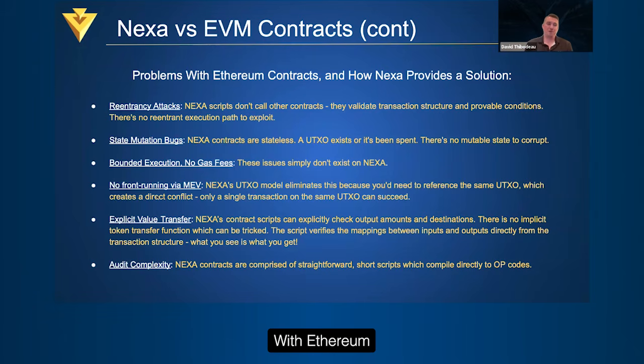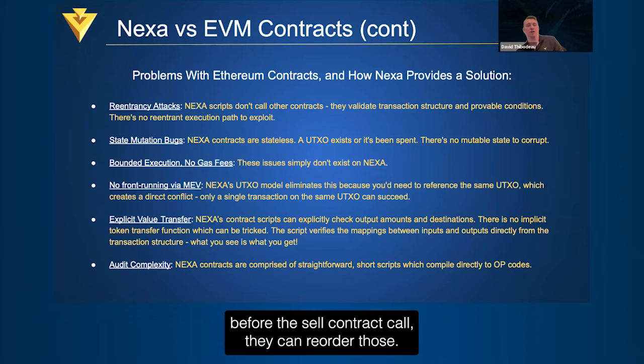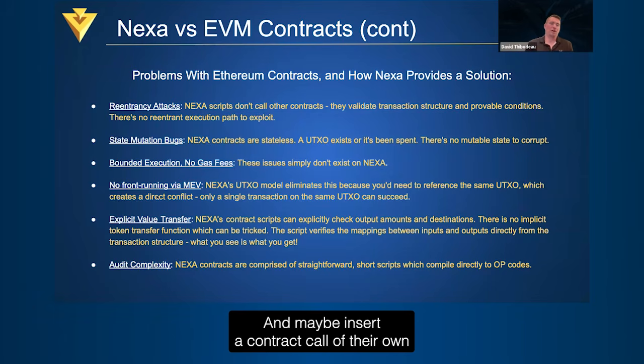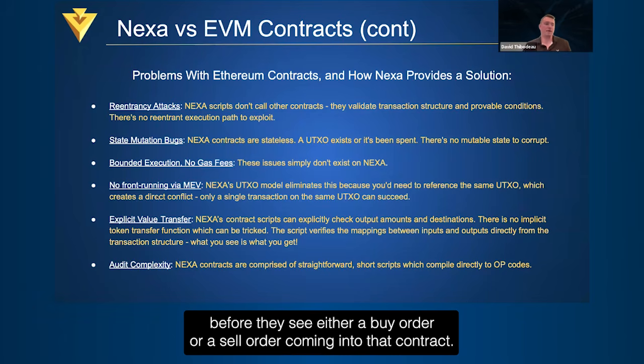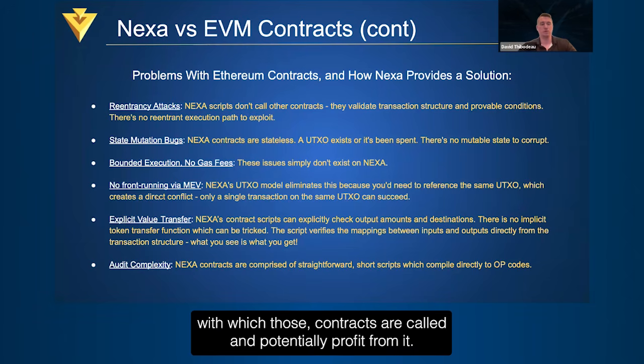With Ethereum, miners can essentially control the order with which those contract calls happen. And so if they wanted the buy to occur before the sell contract call, they can reorder those. And maybe insert a contract call of their own before they see either a buy order or a sell order coming into that contract. So they can kind of manipulate the order with which those contracts are called and potentially